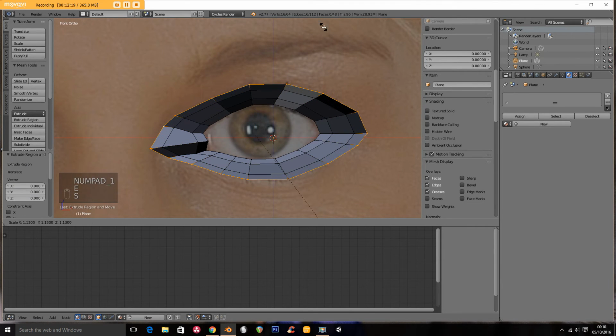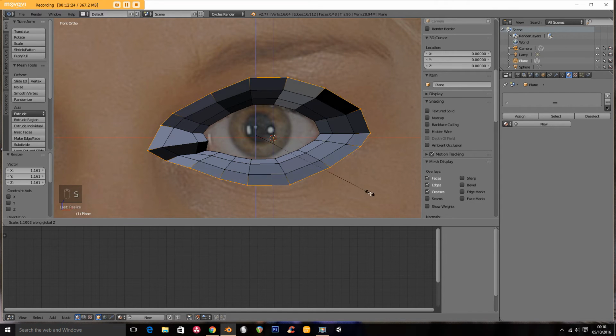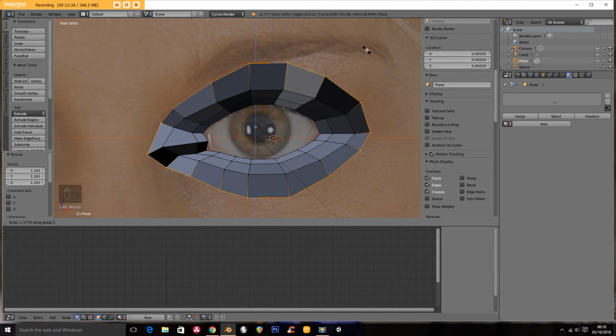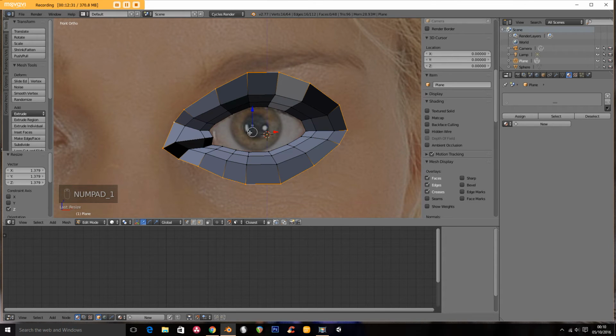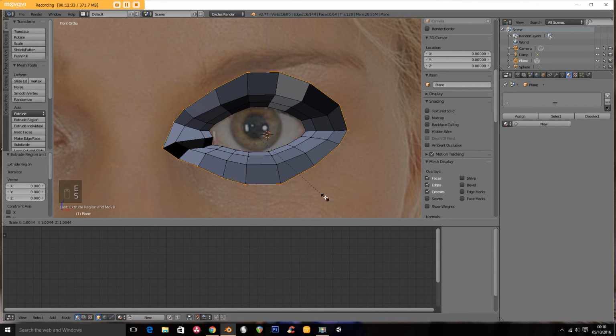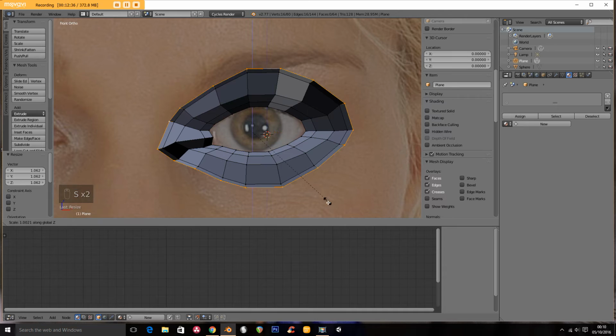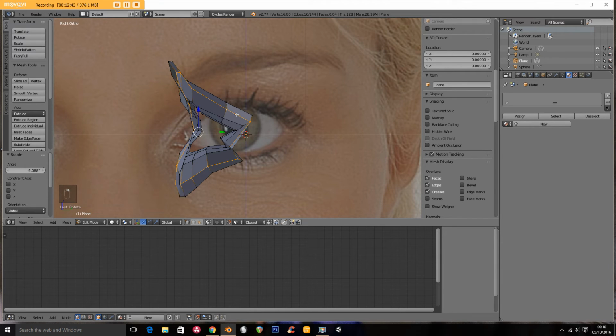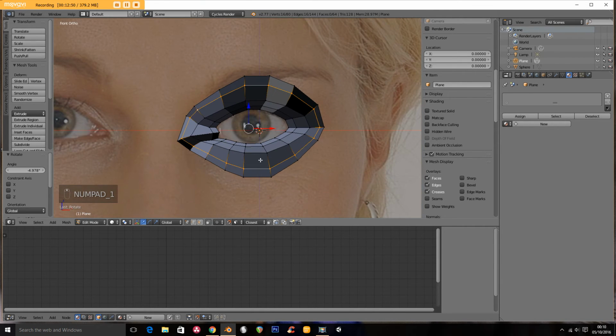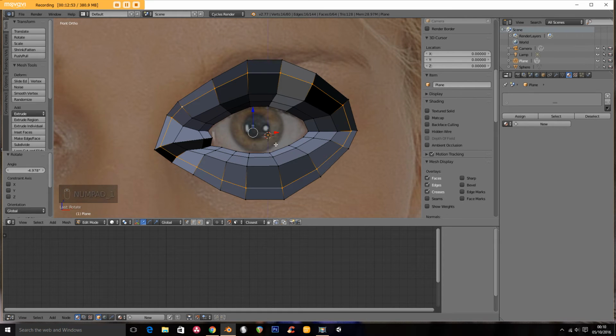E again, scale, and I'm just going to scale a little bit this way and then scale on Z a little bit more. Okay, and then we'll do one more. So E, scale a little bit, scale on Z, and this time again we'll rotate a little bit forward. I'll rotate that a little bit forward as well. Now I'm going to